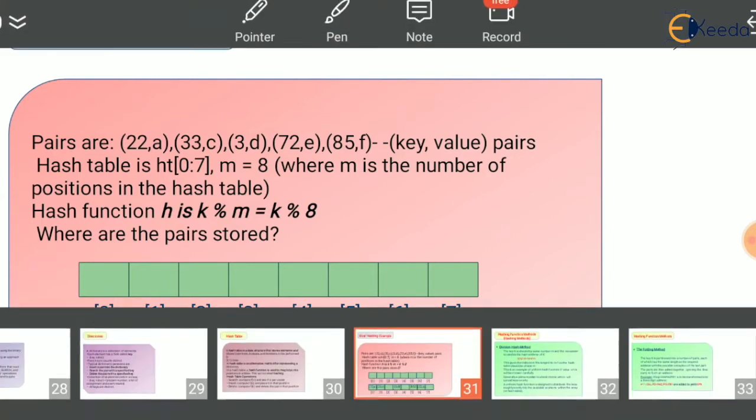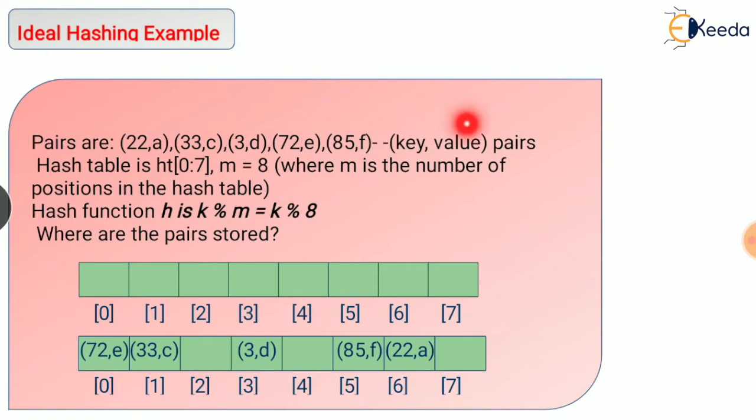where m is the number of positions in the hash table. So we have a total of 8 positions, 1 2 3 4 5 6 7 8. 0 to 7 are the locations, and we have a total of 8 positions where we store these elements. Now the elements are fewer than the positions. Elements are 5, with key and value,